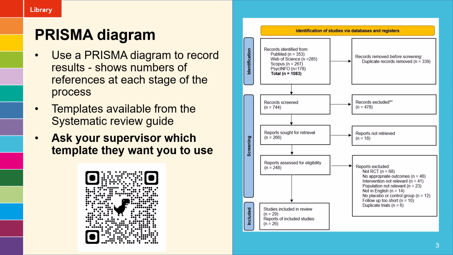And then the final box at the bottom, the included studies. Now there are 2 numbers in this box. Most of the time, you'll probably find those numbers are the same. So basically, it's recording the number of studies as opposed to the number of actual articles or reports of those studies. So you may find there's been a particularly big study done, and there have been several articles written about